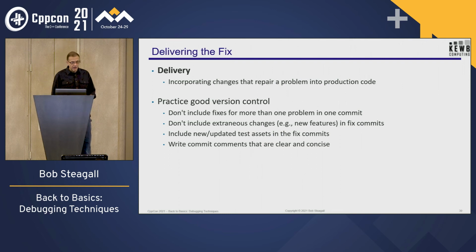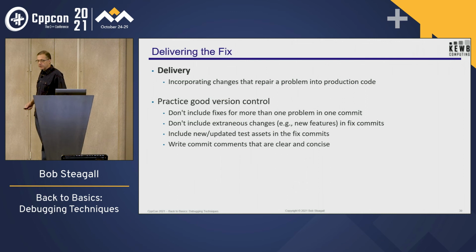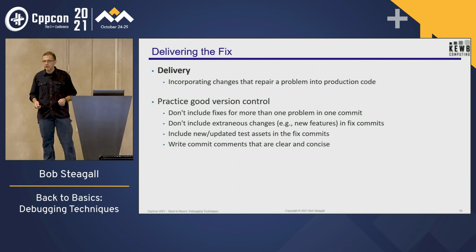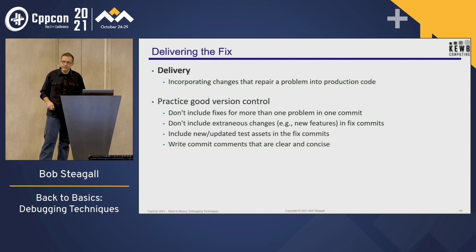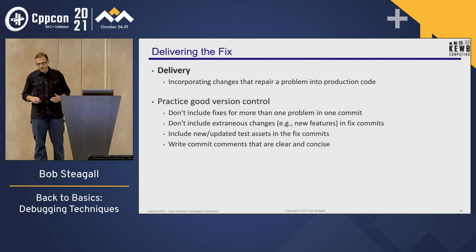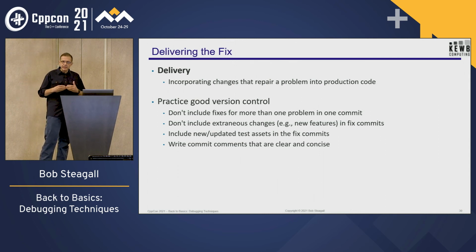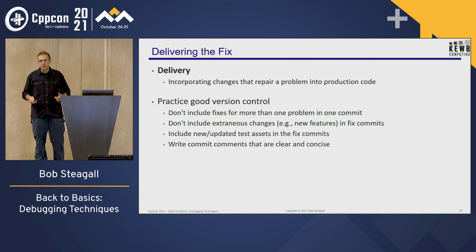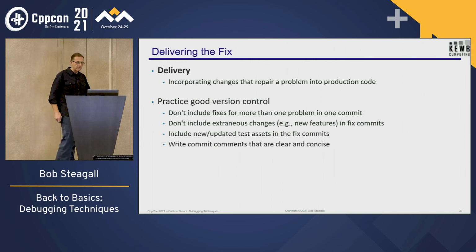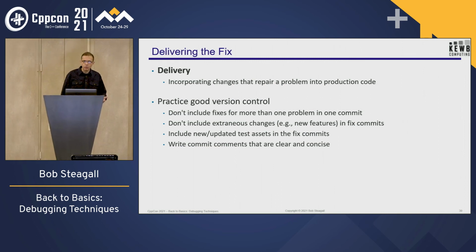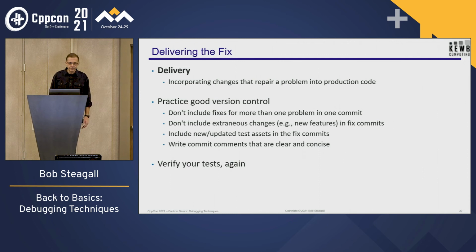When you write your commit comments, don't just say fixed blah blah. Try to provide a little more meaningful information than that. Now, if you're working with some sort of issue tracking system, then I recommend you make some comment in your commit that at least will get the reader back to the issue description in Jira or whatever you're using. And perhaps in that system you more fully describe what the problem was and how you fixed it.